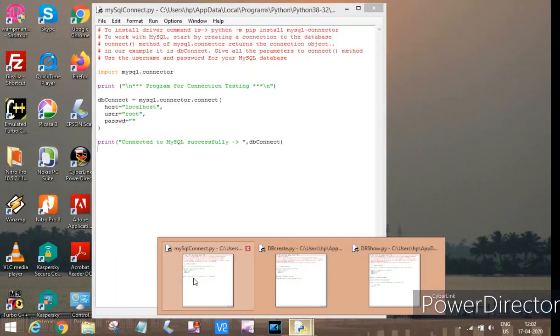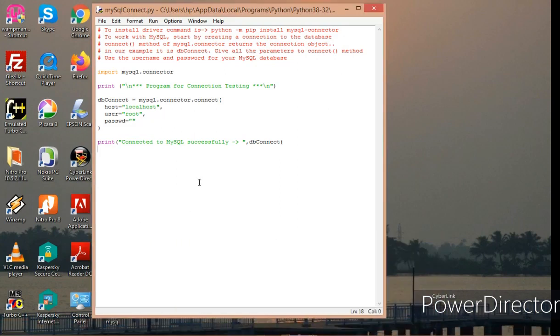Now, first of all, let me check whether I am able to get connected to MySQL database. So here also I have given the command to install the driver: python -m pip install mysql-connector.